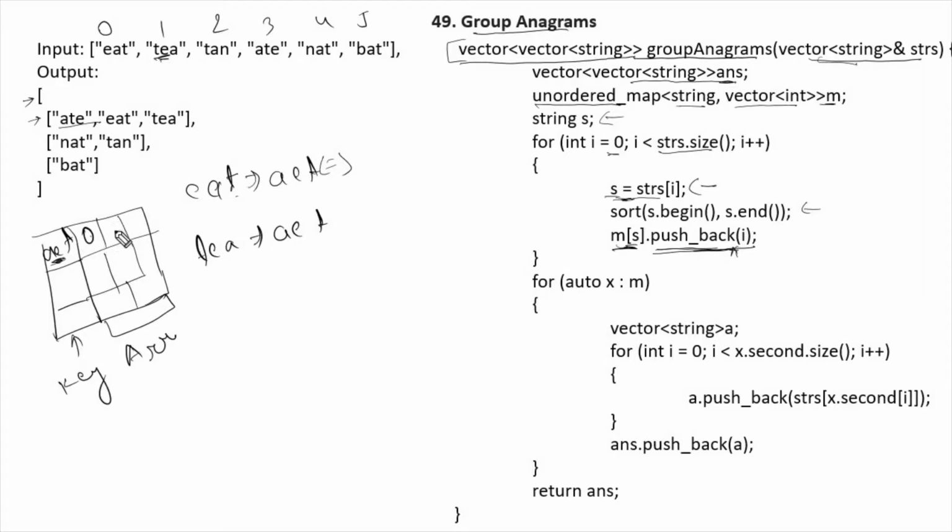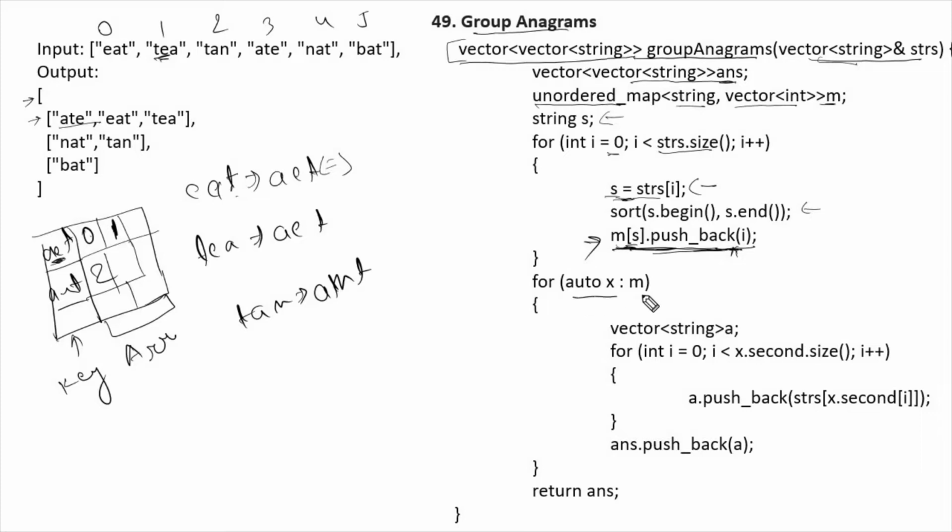TEA is at index 1, so just store index 1, no need to store the actual string. Now move to TAN. The sorted string will be ANT, so create a new entry and store the index. This way we will store each index, which means we will group all the strings.